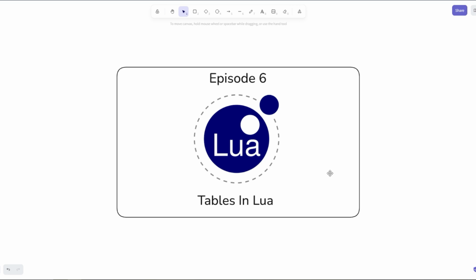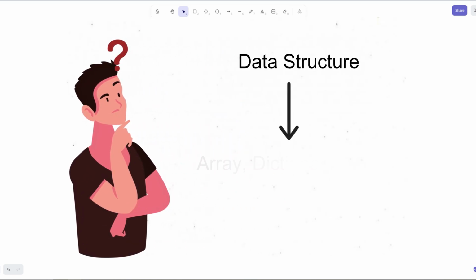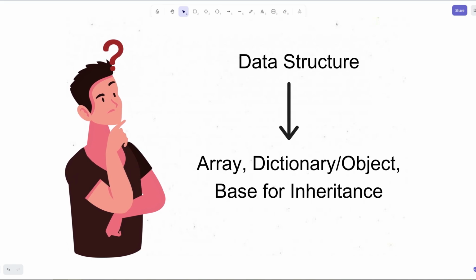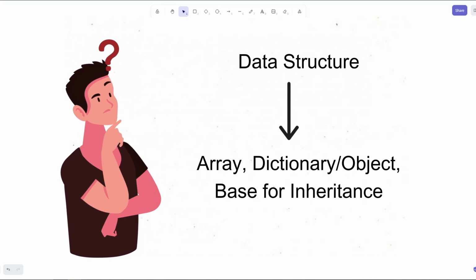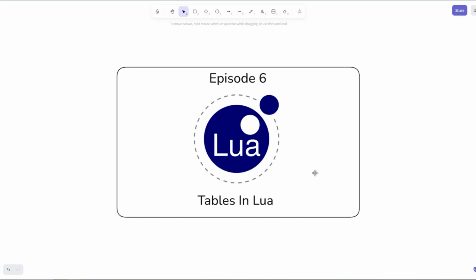Let me ask you something. What if I told you there's a single data structure in Lua that can act like an array, a dictionary, an object, and even a prototype for inheritance all at once? Sounds wild, right? Well, in this episode, we're unlocking the full power of tables in Lua, Lua's most flexible and